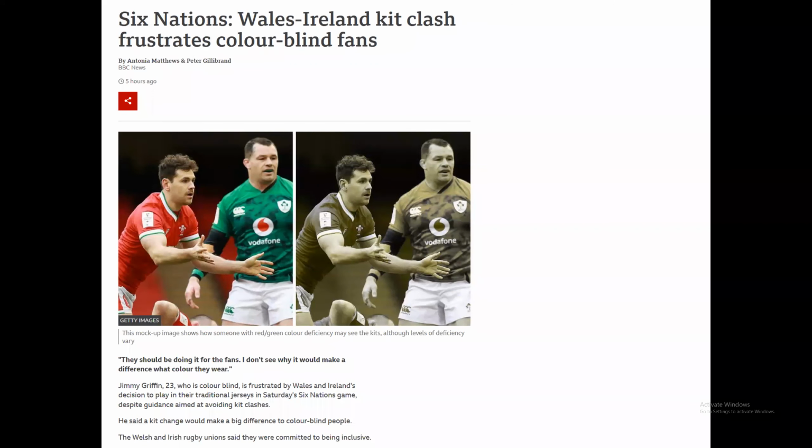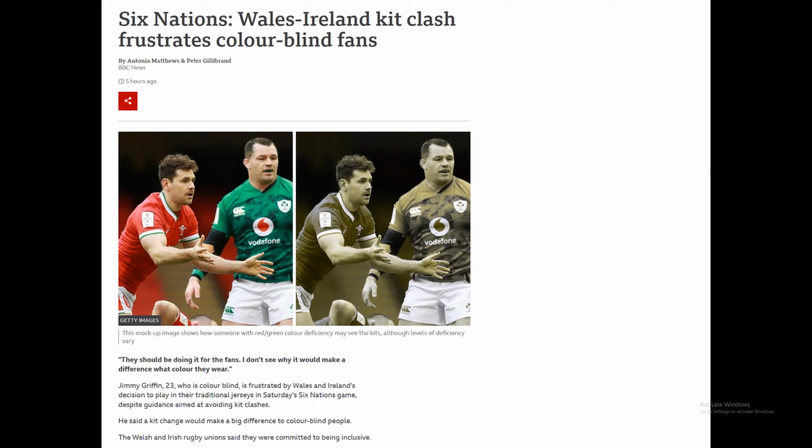These are their uniforms, right? One team's traditional color is red, and the other team's traditional color is green. I confess I don't know which is which. If you are red-green colorblind, the manipulated image on the right is a representation of what you might see if you were watching that rugby game, which would be a terrible experience, right? Because you would just see people wearing what looks like exactly the same color jersey running around, and it'd be very difficult to understand